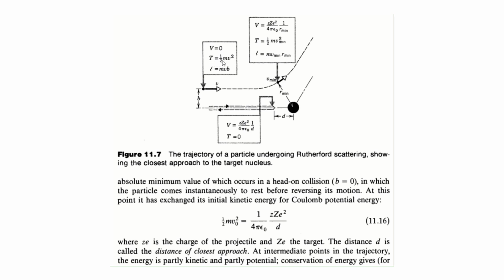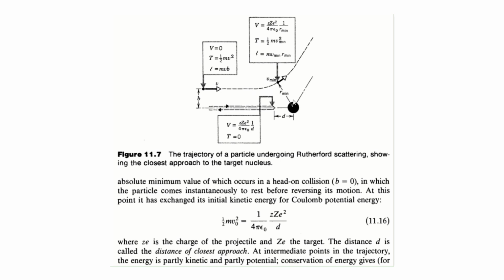Kinetic energy will be half mv square if it's traveling with a velocity v, and the angular momentum with respect to the nucleus would be mvb, where b is the perpendicular distance between the direction of motion of the particle and the position where the nucleus is situated.